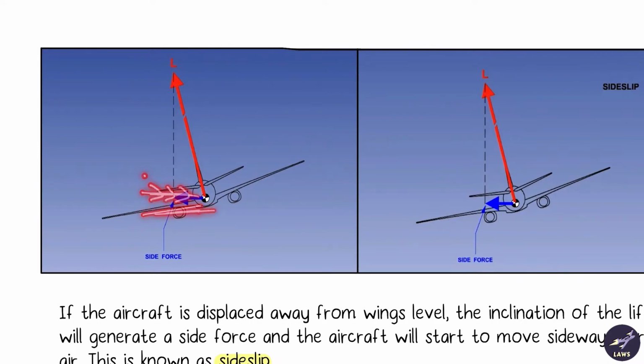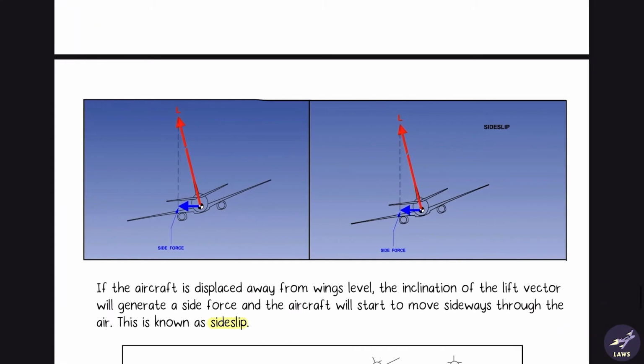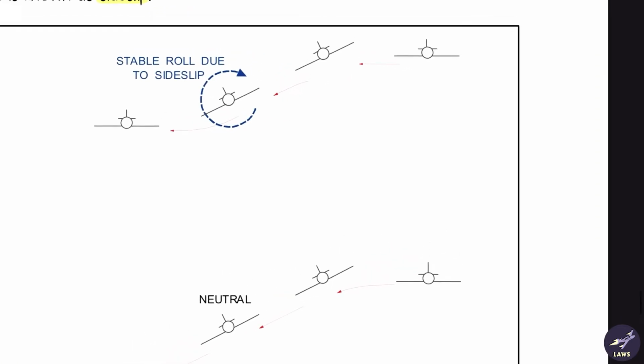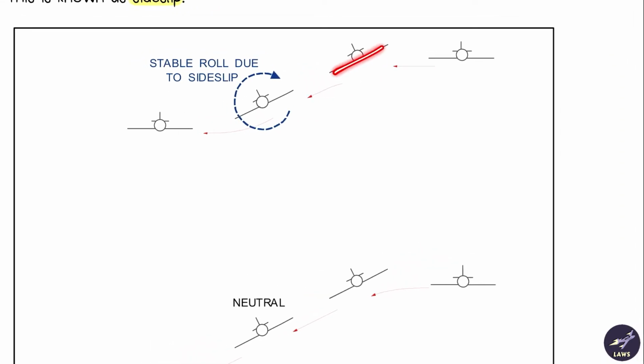In order to bring the aircraft back to wings level, we need a positive rolling moment. So this will be a stabilizing effect. If you look at these examples, the aircraft is having a left side slip, so it needs a positive rolling moment, that is to the right, in order to come back to wings